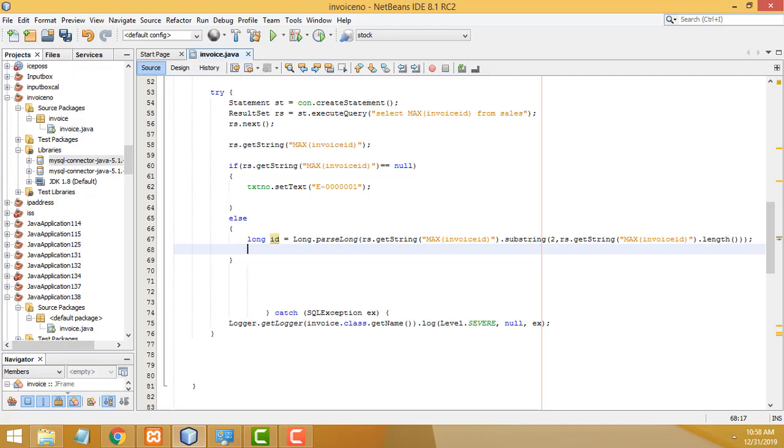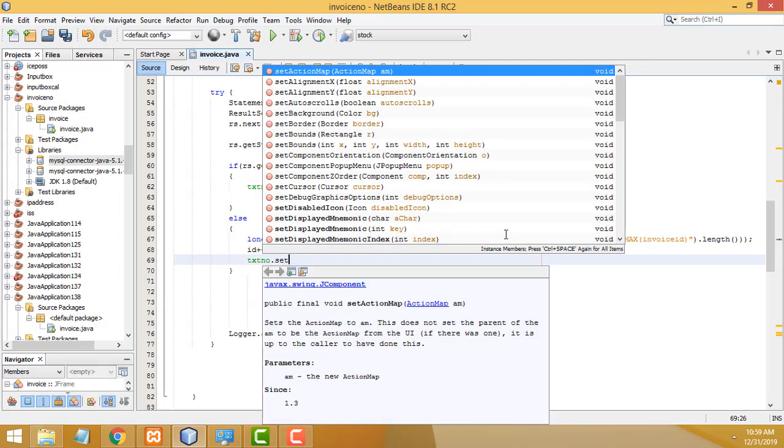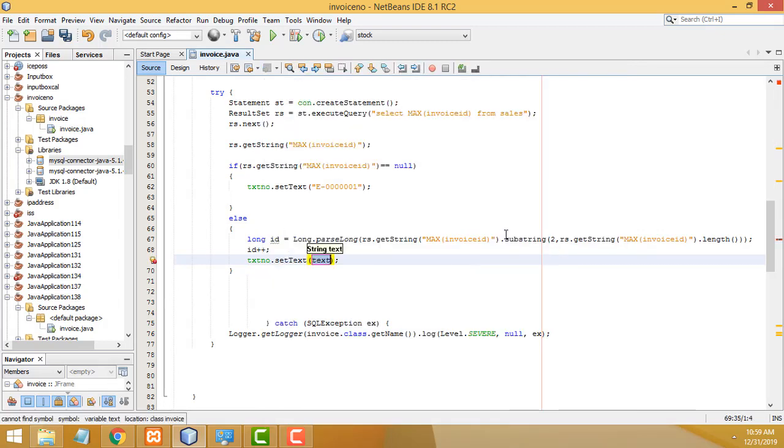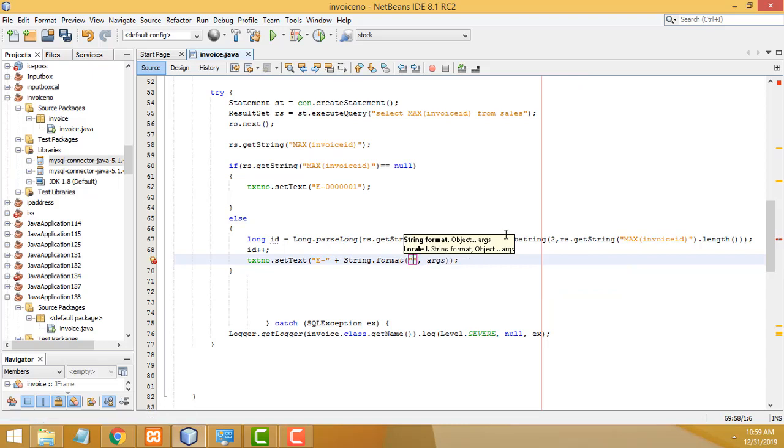After that, you have to write id plus plus. After that, you have to write this txt number, get it here, dot set x, your right here is e minus, your right here, plus string dot format, your right here,